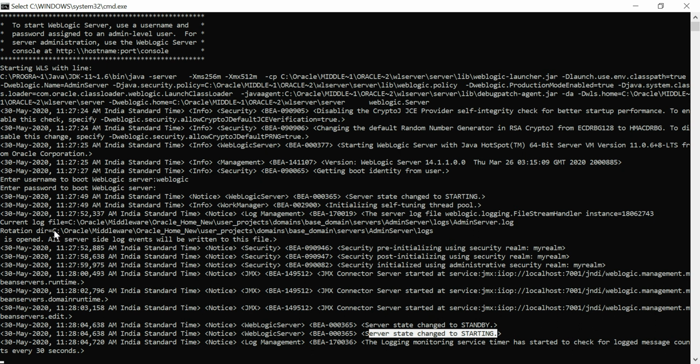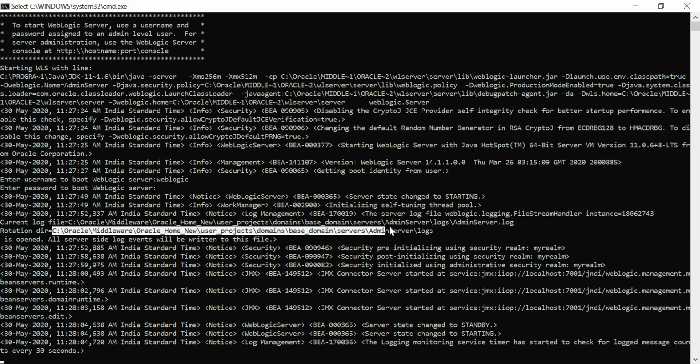This is the log path. Here we can see the admin server logs information and all.